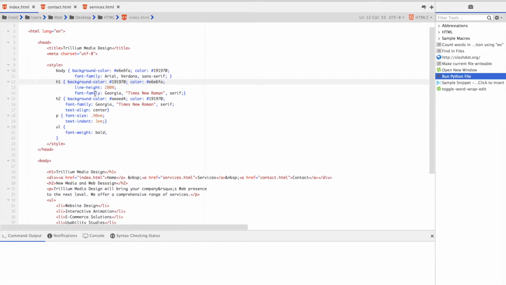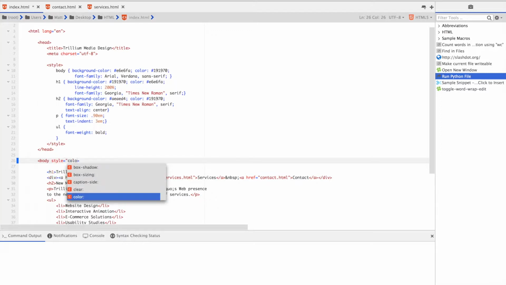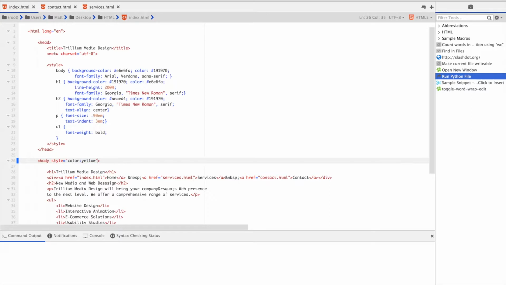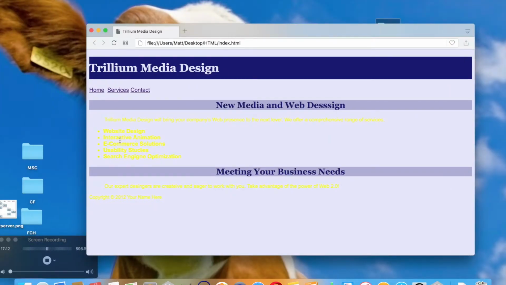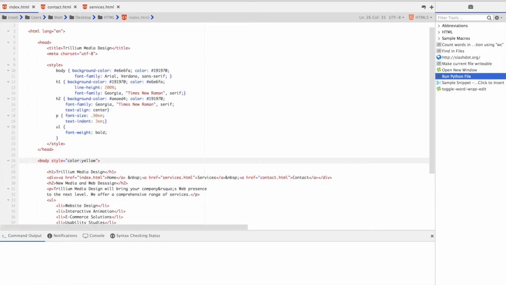It's called linking to a style sheet. We haven't done that yet, and I keep talking about it, but we're about to do it. So if I add right here, style equals color, let's say, yellow. Everything in the body is going to be yellow. You see that? That takes precedence over